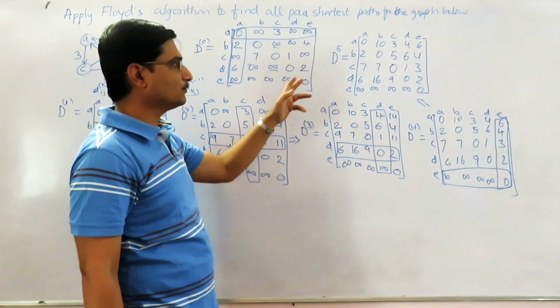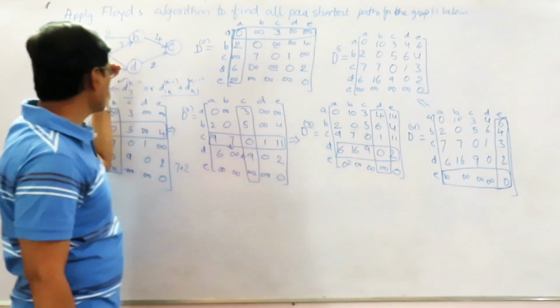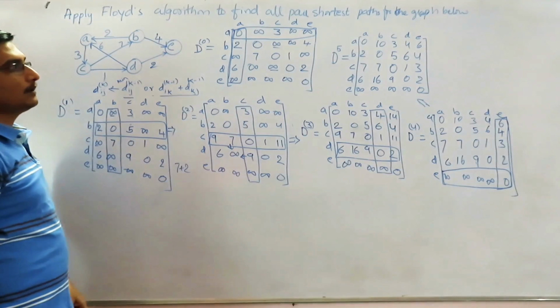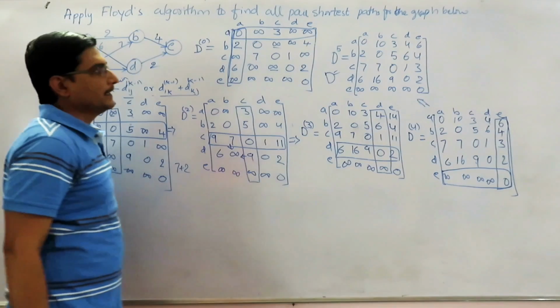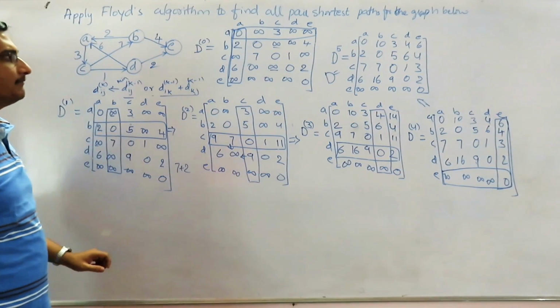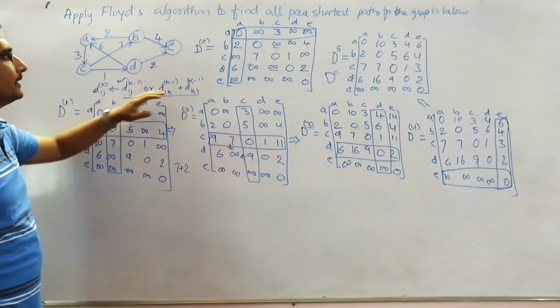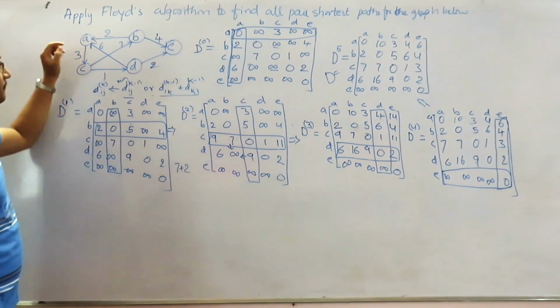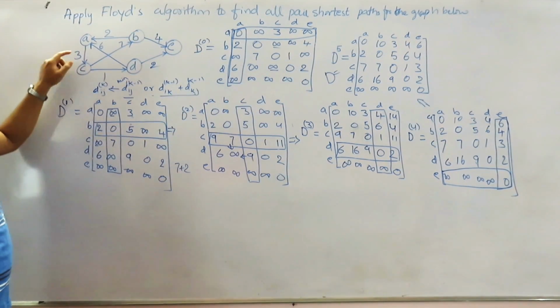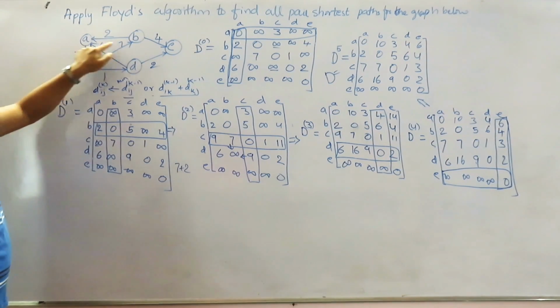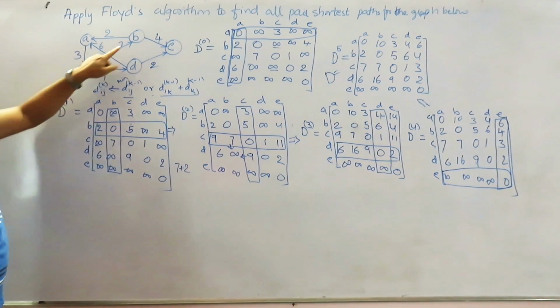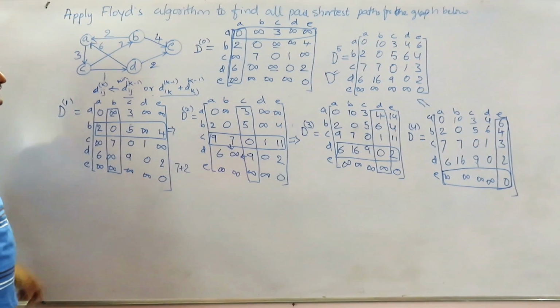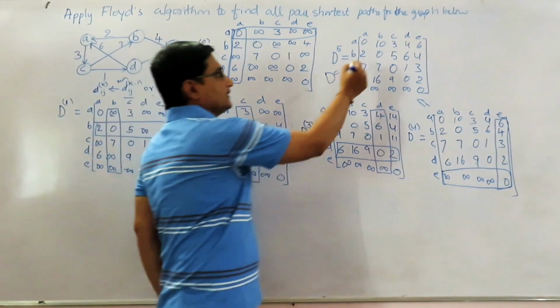Let us see whether what we have found is right or not just by cross checking the paths. So our distance matrix, this is the final D what we have got, is telling that there is a distance of 10 from A to B. Earlier it was not there, it was infinity. There is no direct path A to B. So is there any path? Yes. It is telling that 10. So A to C, C to B, 7 plus 3, 10. Yes, that is right.